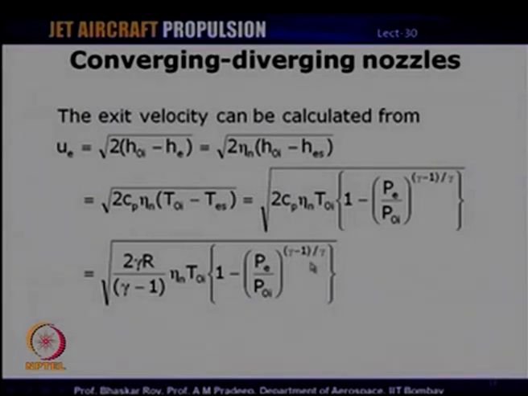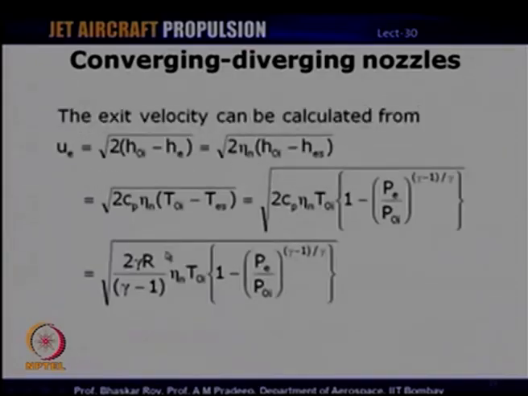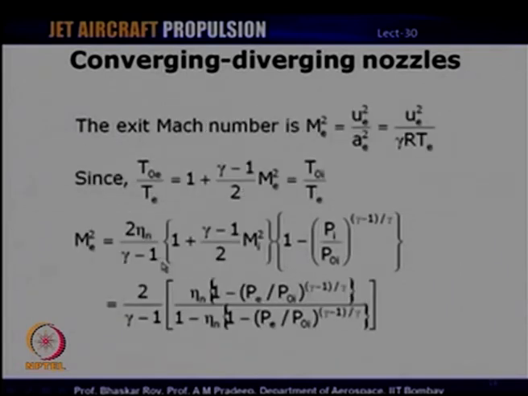So, this combined with the previous equation that we have seen, we will now express in terms of the Mach number. So, the exit Mach number, as we know, Me squared is ue squared by ae squared, that is ue squared by γRTe. Now, we know that T0e by Te is 1 + (γ-1)/2 Me squared, which is T0i by Te. Therefore, we can express Me from what we have seen in the previous equation, that is ue squared,